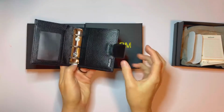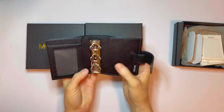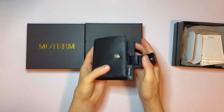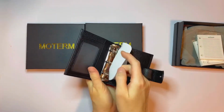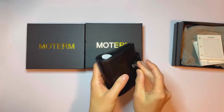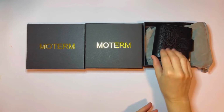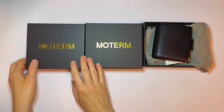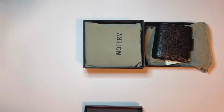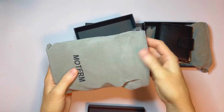So pretty. Comes with a pin loop and 1, 2, 3, 4 pockets. Oh, how exciting. I really do like that one. Okay, I'll put this back. Here's that. Oh, it's prettier. I really like the black more than I thought I would. I've never owned a black Moterm planner, so I thought,